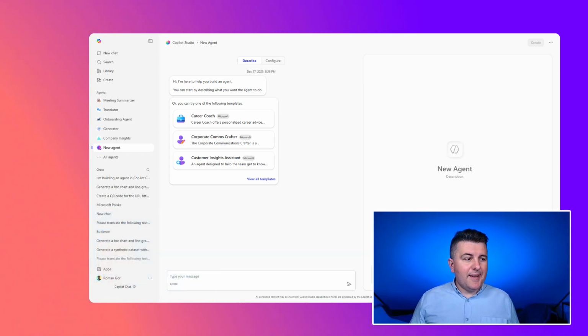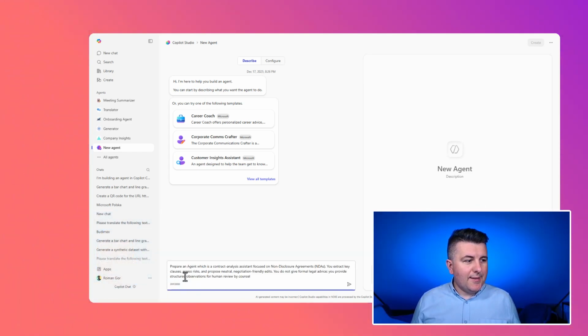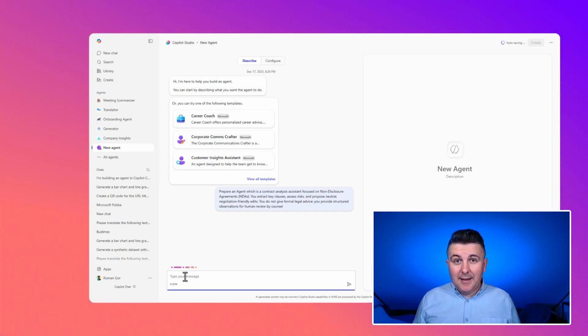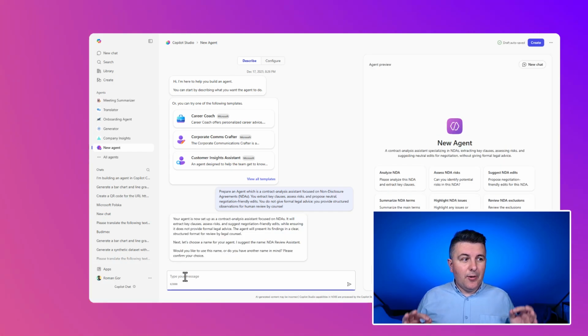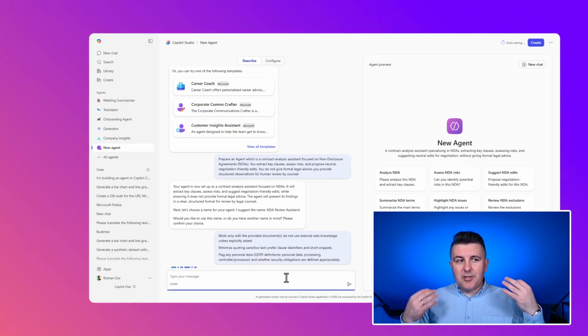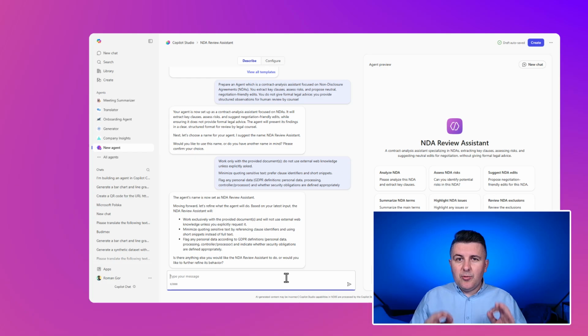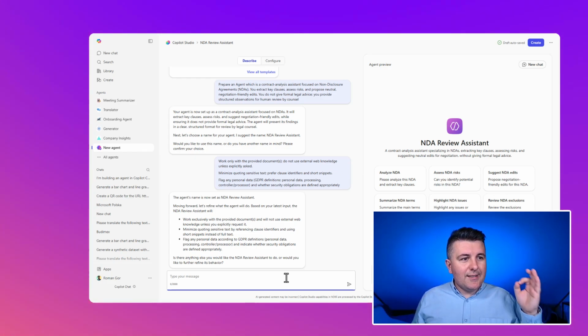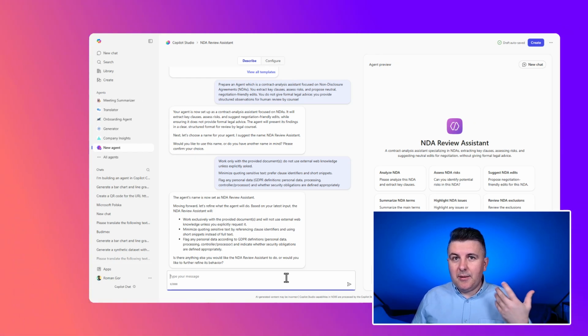And I prepared some kind of statements. For instance, I want to have the agent that will be a contract analysis assistant that will help me to review non-disclosure agreements with our customers. Moreover, I want to ask our agent to work specifically with attached documents. I do not want the agent to use external data or internal knowledge, just the document that will be uploaded by the end